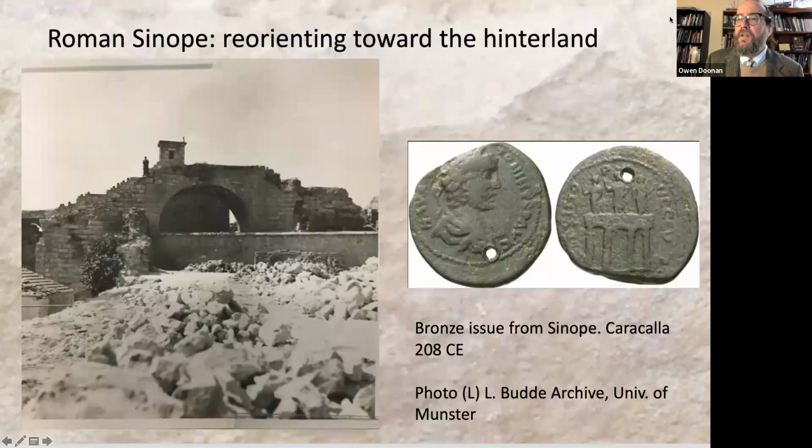The Romans did, one of the interesting things they did with the wall itself was they took the towers out of the Hellenistic wall and replaced them with a whole series of arches. So they basically emasculated the bristling city wall. And interestingly, there's a single issue under Caracalla, dated 255 in the local calendar, or 208, that we see probably Severus,